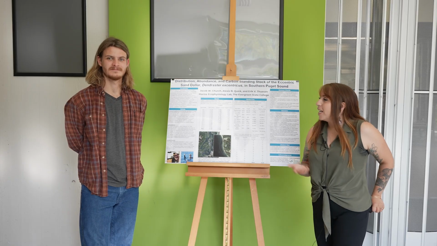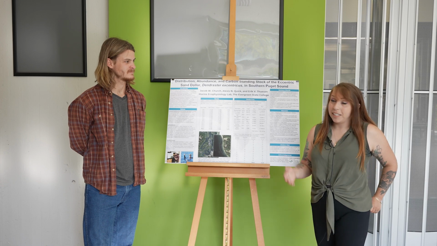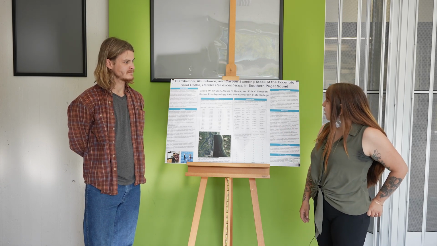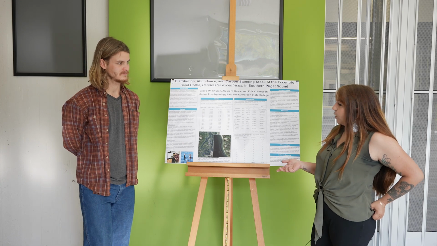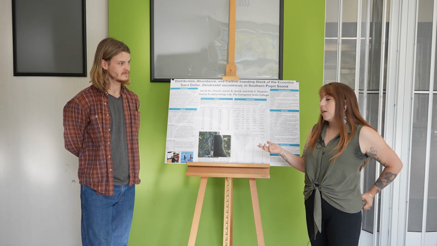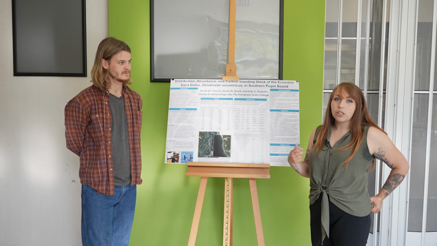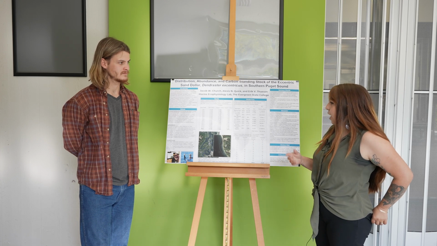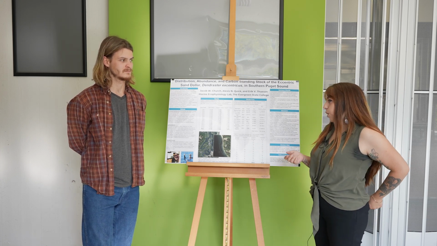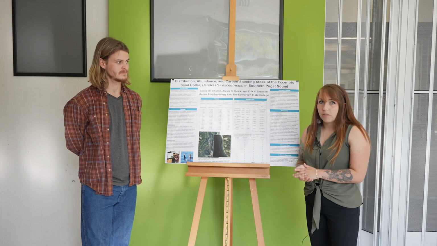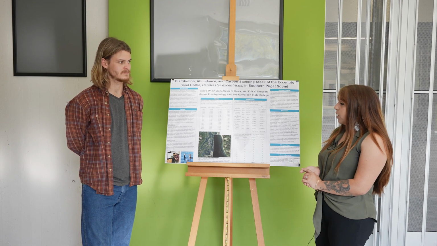Hi, my name is Alexis Quick. I was Jake's partner this summer, finding the distribution, abundance, and carbon standing stock of the eccentric sand dollar. One major part that I had in this project was doing some spatial analysis using ArcGIS Online and Google Earth Pro. I ended up using some NAIP imagery, National Agriculture Imagery Program, widely available on ArcGIS, and we found historical